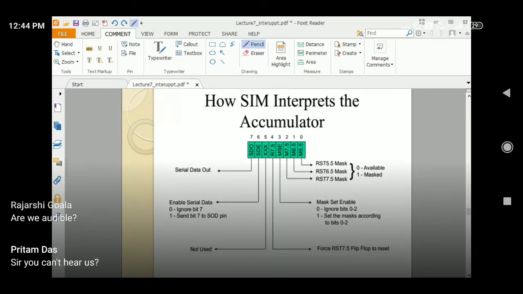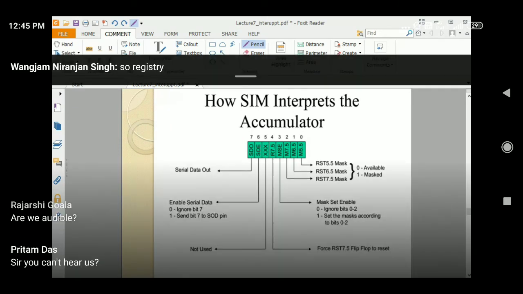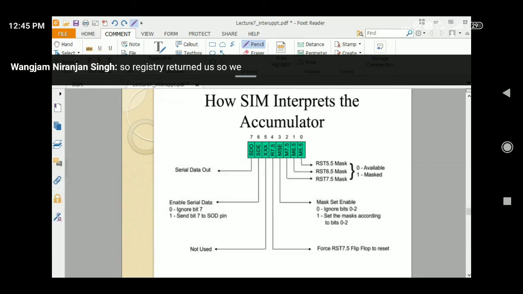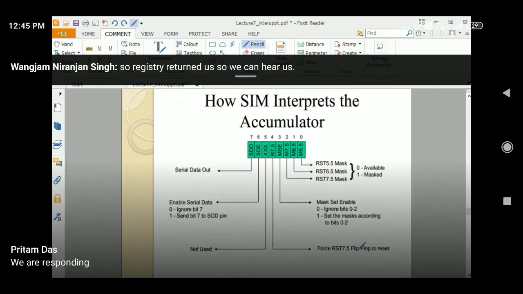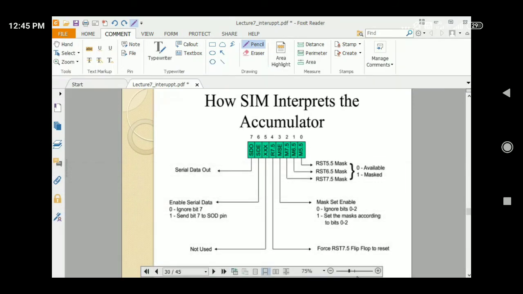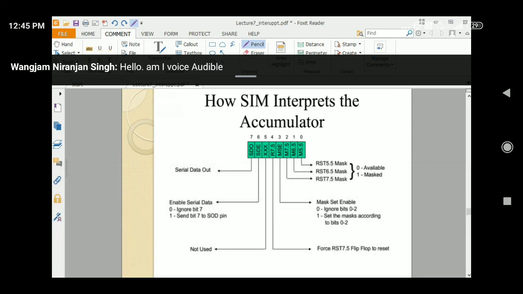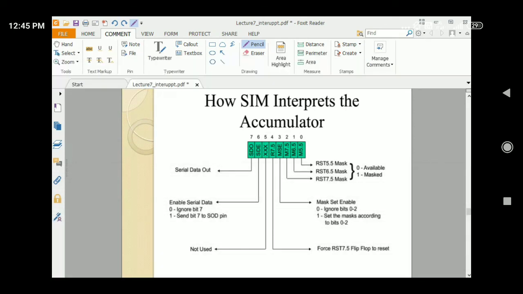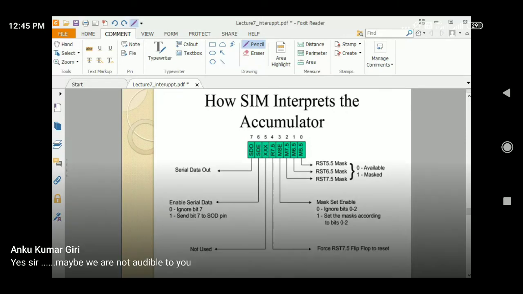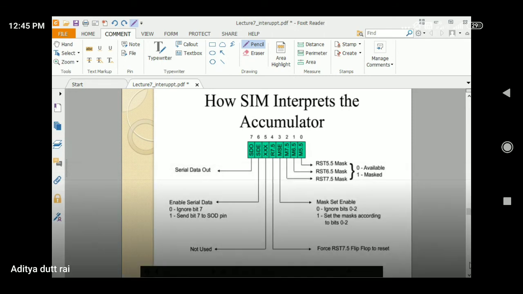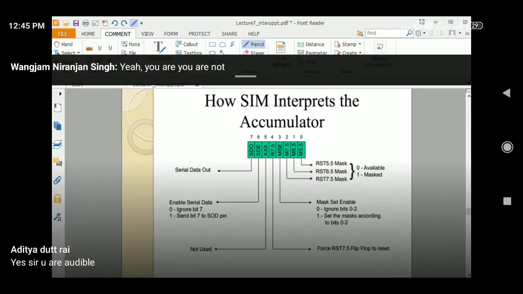Rajashree, Vikram Das. We can't hear you. Hello, is my voice audible? You are not audible to me.